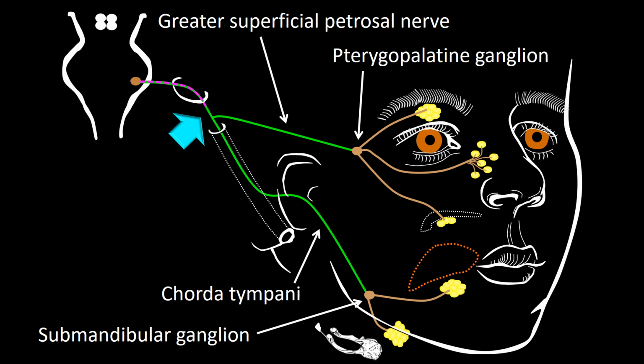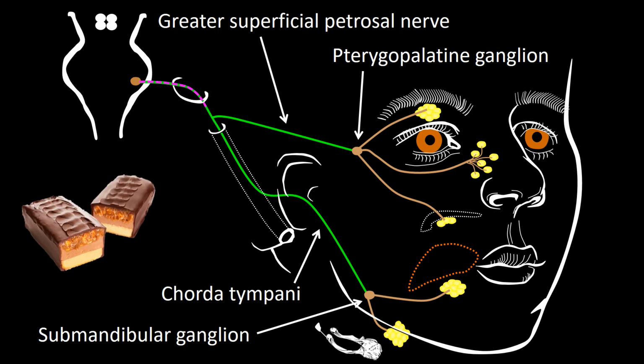Yet, when they grow back, it is only those initially destined to innervate the submandibular ganglion that do so, as represented by the green color of the preganglionic fibers not only going to the submandibular ganglion, but also to the pterygopalatine ganglion. Hence, the pterygopalatine ganglion neurons will be re-innervated by fibers destined for the submandibular ganglion, and as such,